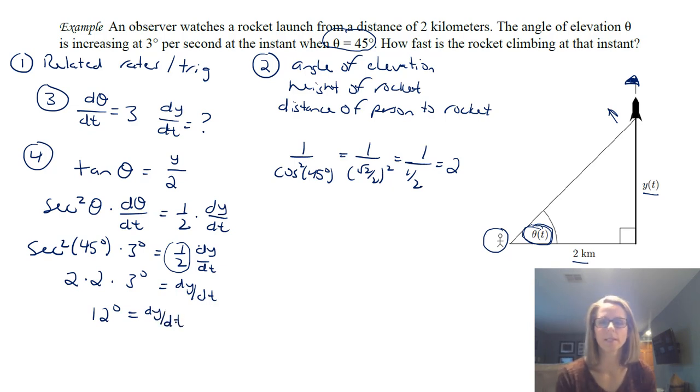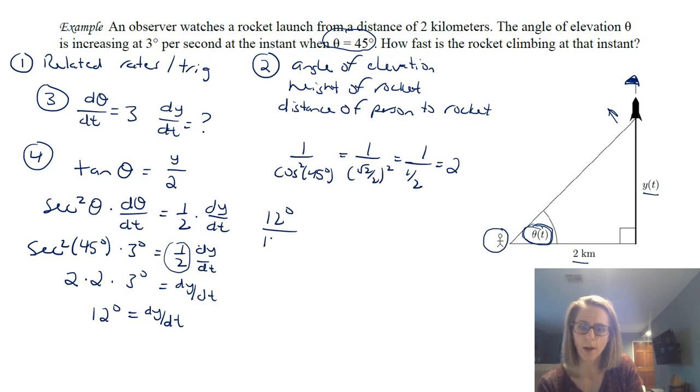But the issue with this is it's asking how fast the rocket is climbing, and we don't think about distance in terms of degrees. And so the way to do this would be to change it to radians. So to get an answer, we would just change it to how many radians that is. So 12 degrees in terms of radians, we divide by 180 and multiply by pi. So it's that idea of multiplying by 1, taking you way back to early trig. And so that's going to be pi over 15, which is about 0.2.